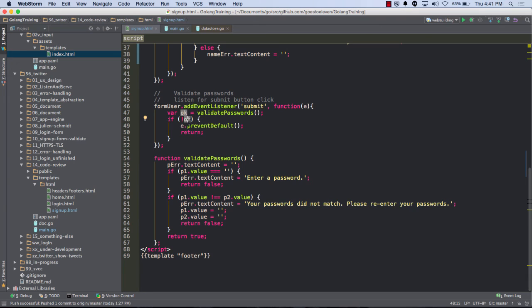Because it's not okay. So, okay, false, right? And for this to run, it has to be not okay. I kind of like the way that reads, not okay. And then here, again, I return false because P1 value didn't equal P2 value. And then here, everything is fine. So I return true, in which case not true becomes false. And that doesn't run, and we're good. So it can be submitted.